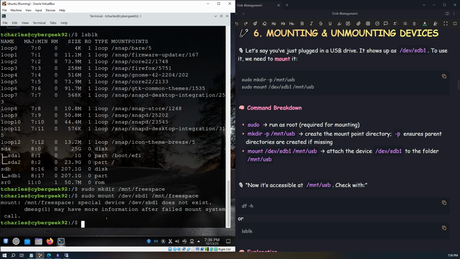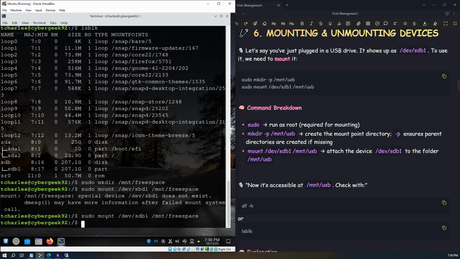Let me see what happened. Let me see something. Sudo mount /dev/s. Okay, so I put the wrong command. It's sdb, not sbd. sdb1. Okay, so now